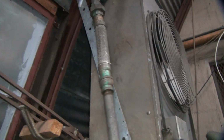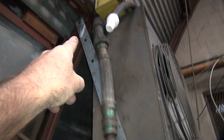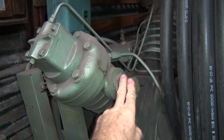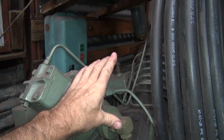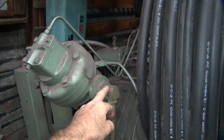We got a flex hose right there, which I think I'm going to reverse, because that's that thread up there at the very top. It looks like the same thread here. So I need to go buy a street L coming out of here, and I can just flip this thing around the other way. Then the flex joint will be right here, and the hard tube will be from here up to there. That way the vibrations down here are not up there. If I just put a piece of tubing from here up,